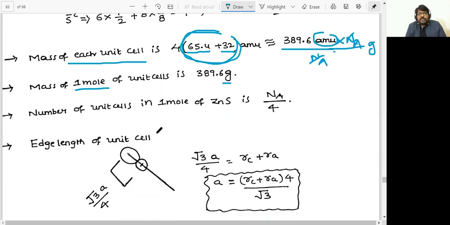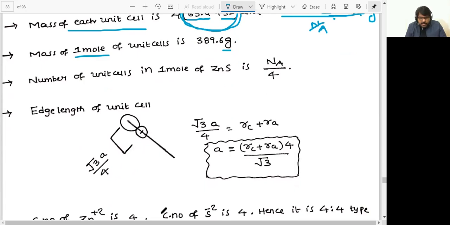And edge length, if you want to calculate, edge length of ZnS unit cell, always students get confused here. So here, if cation and anion radii are available, easily you can calculate what we call edge length. What is the correct expression? If you can recollect, so here, this is a body diagonal I'm taking. This is body diagonal, and this total distance is root 3a, right? And here, what is the location of tetrahedral void? It is located on body diagonal at a distance 1/4 from the corner.